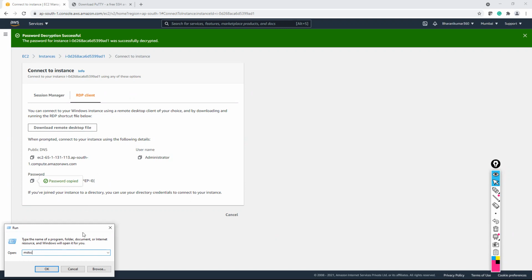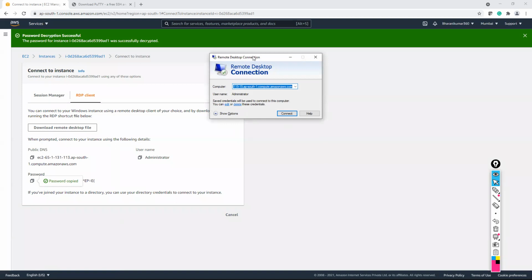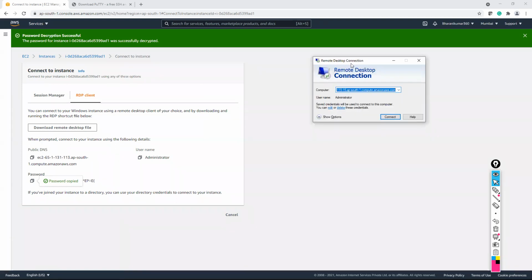The other way is you can use the RDP window which you have in your system. You have to go to run, type in MSTSC. People who are not doing it can take a screenshot of it. And OK. This will open the remote desktop connection.